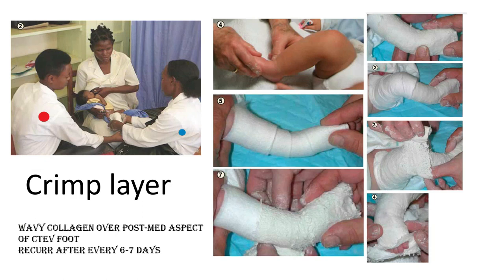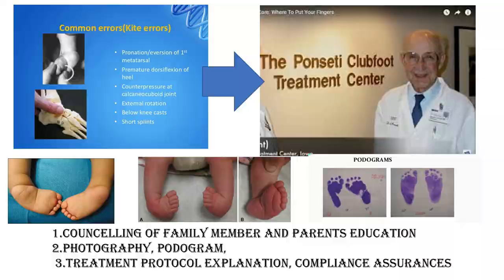technique, because it is very easy and very wise to do this plaster without any intervention. And last word regarding this Ponseti: the procedure of plaster is the main key point of the success of this deformity correction, and it will be 100% correctable. So always do the plaster with an expert hand, or at least with the guidance of an expert person. That is the key to success in CTEV.